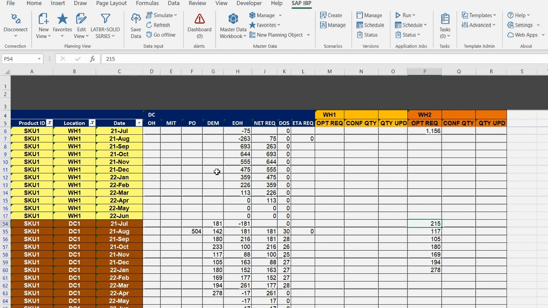Everyone. Today I'm going to share with you all a unique requirement that I received from one of my clients, how I modeled that requirement into the IBP planning template, what the requirement was, and what was done to